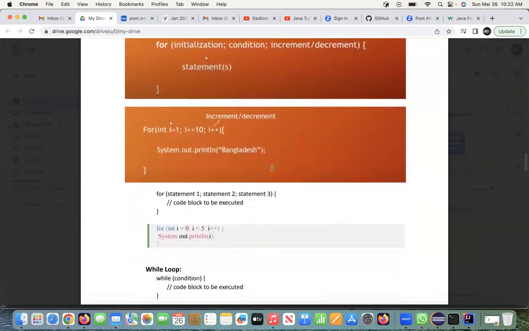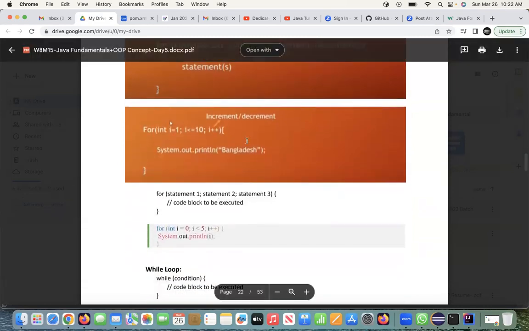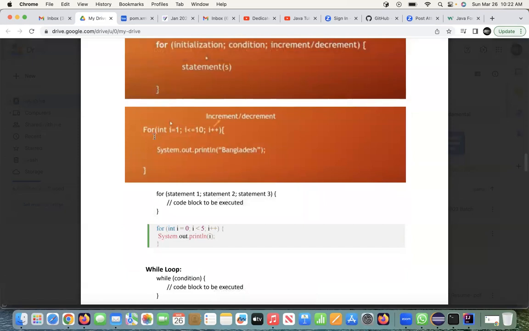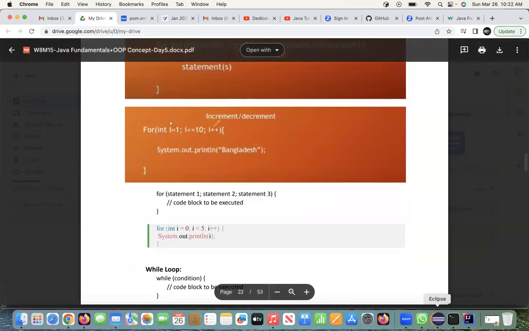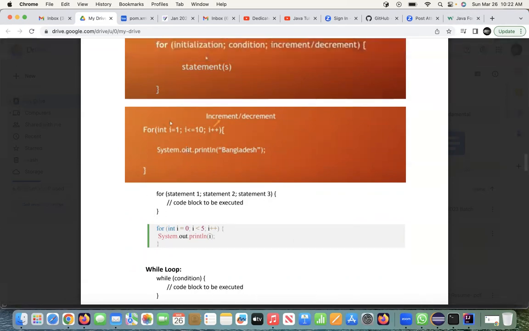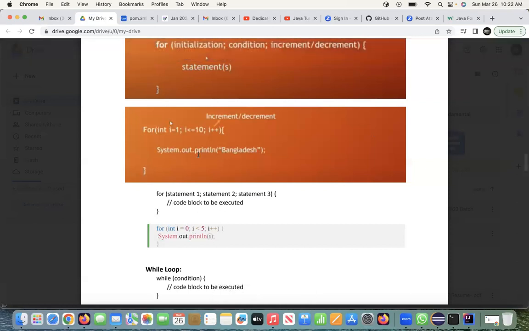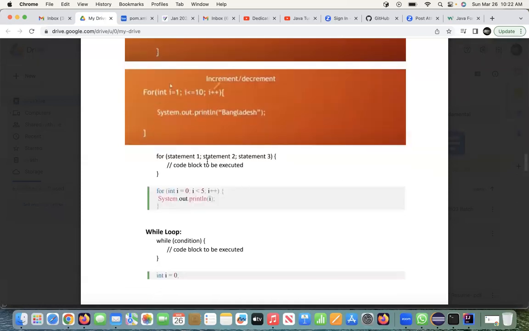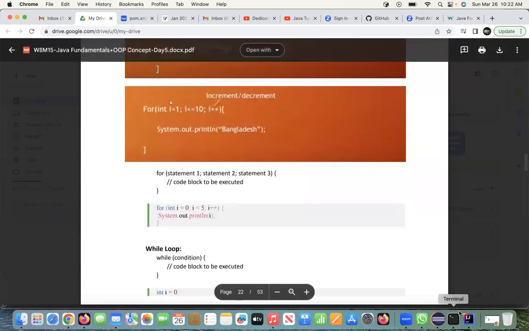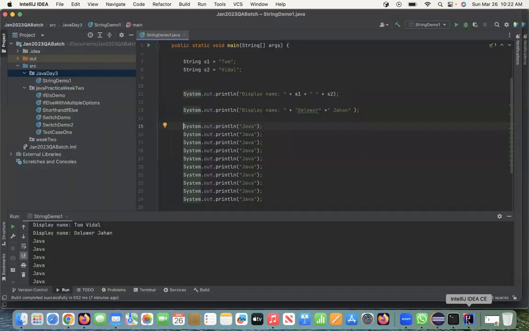So if you see this one, for int equal to 1, the same thing that I was trying to show from W3 school, looks like W3 school is somehow down. It's supposed to display, so if I say I want to display USA 10 times, what do I have to do? All I have to do, just